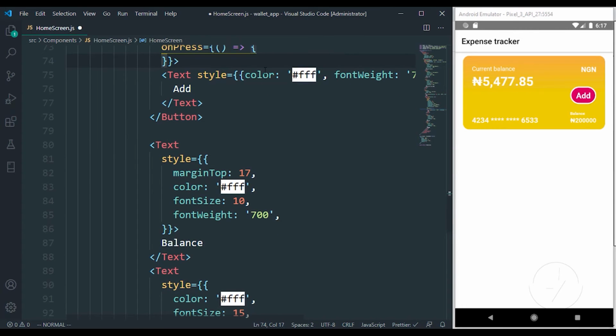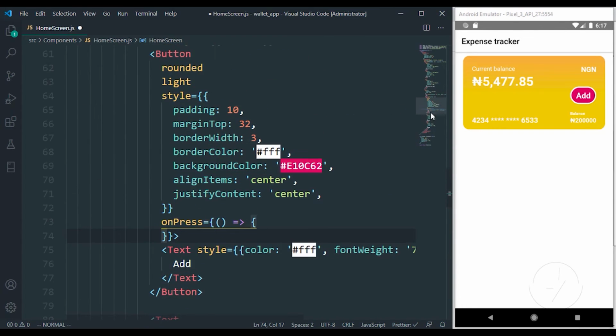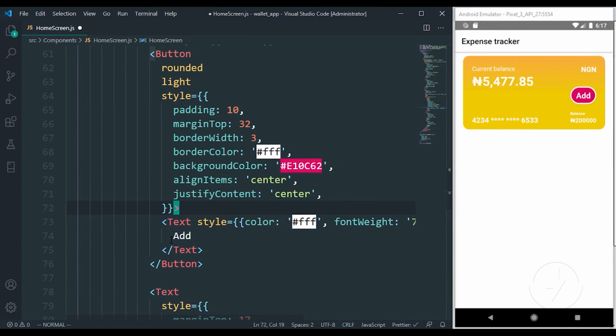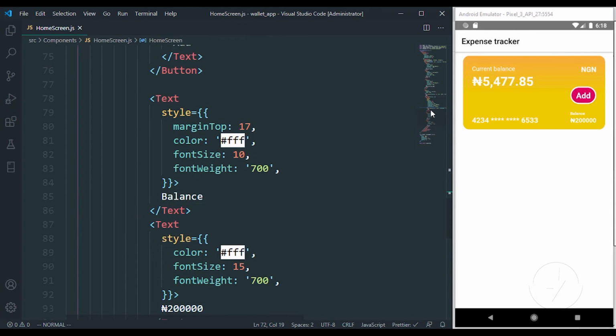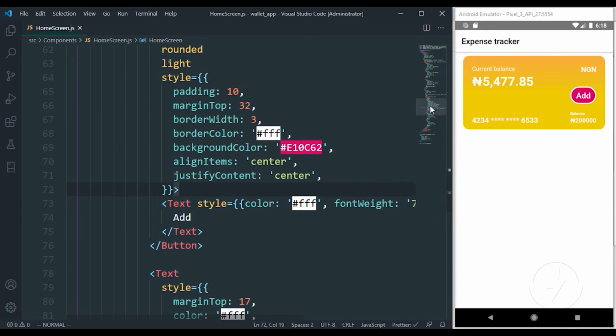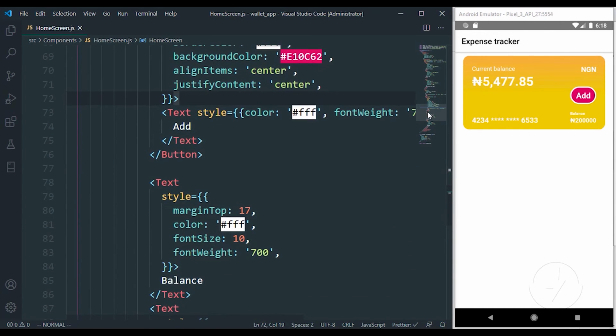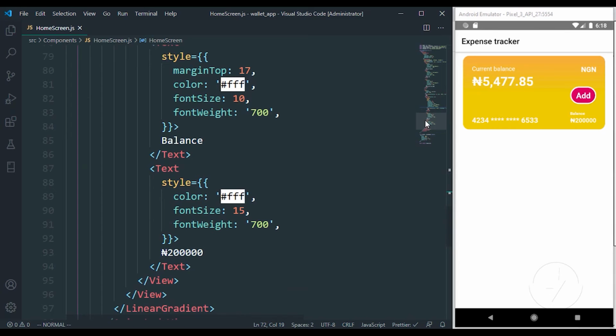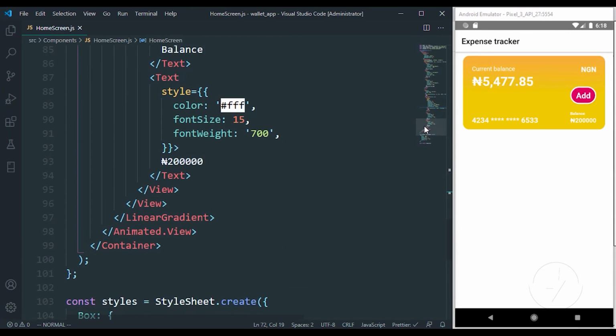But if you have been following along, you will understand that we can actually design this if you're familiar with CSS. So these are some CSS rules I applied with some flexbox and also some justification to it, and also adding a rounded border for our add button.